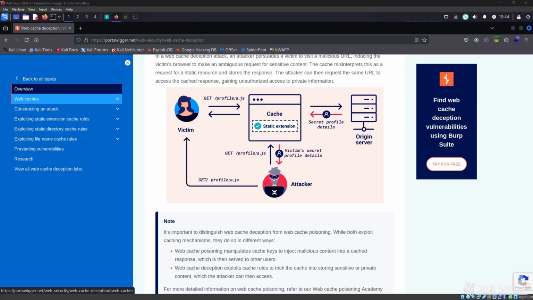This vulnerability is often overlooked by developers, yet it can lead to severe consequences, such as the leakage of personal information, session tokens, or even full account takeovers. So let's break down what web cache deception really is, why path delimiters are critical to its exploitation, and how attackers exploit it. Web caching is the cornerstone of modern internet performance, designed to reduce server load and improve